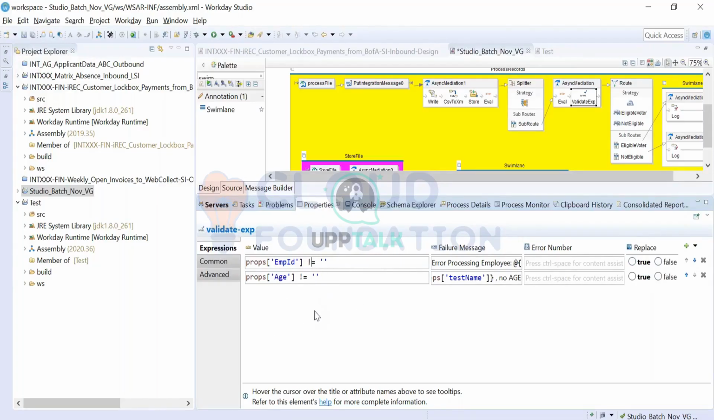Okay, but as of now this particular well validated expression will trip this async mediation, but it does not know where to go when it encounters an error. So for that we are going to use